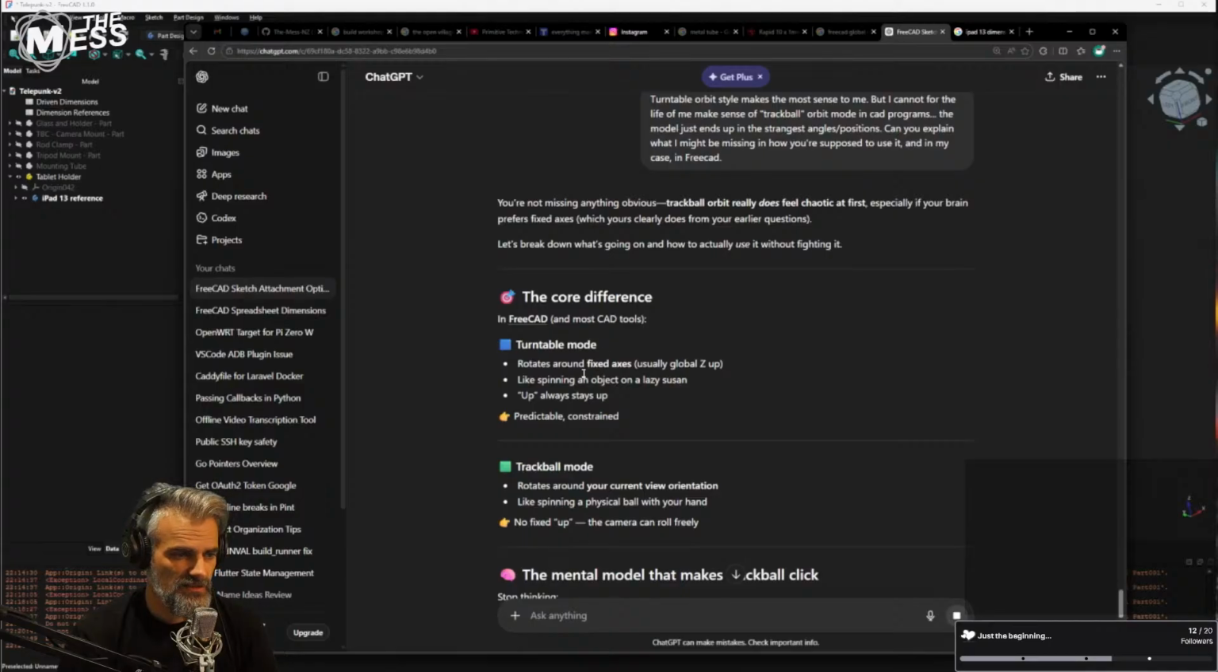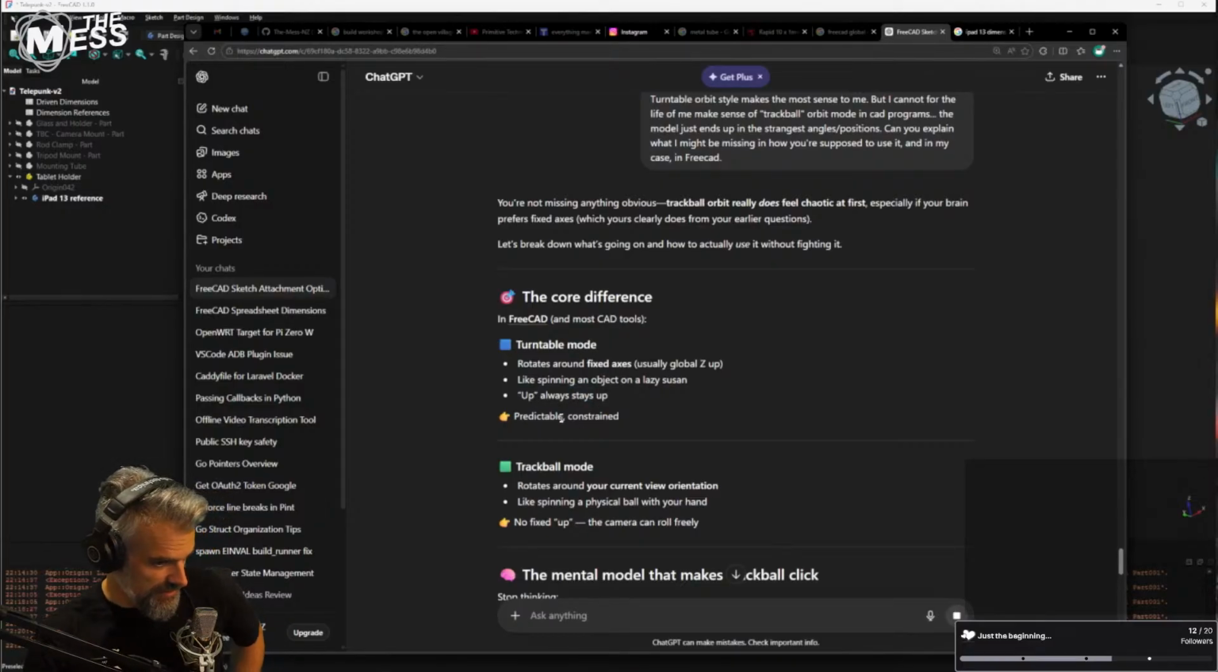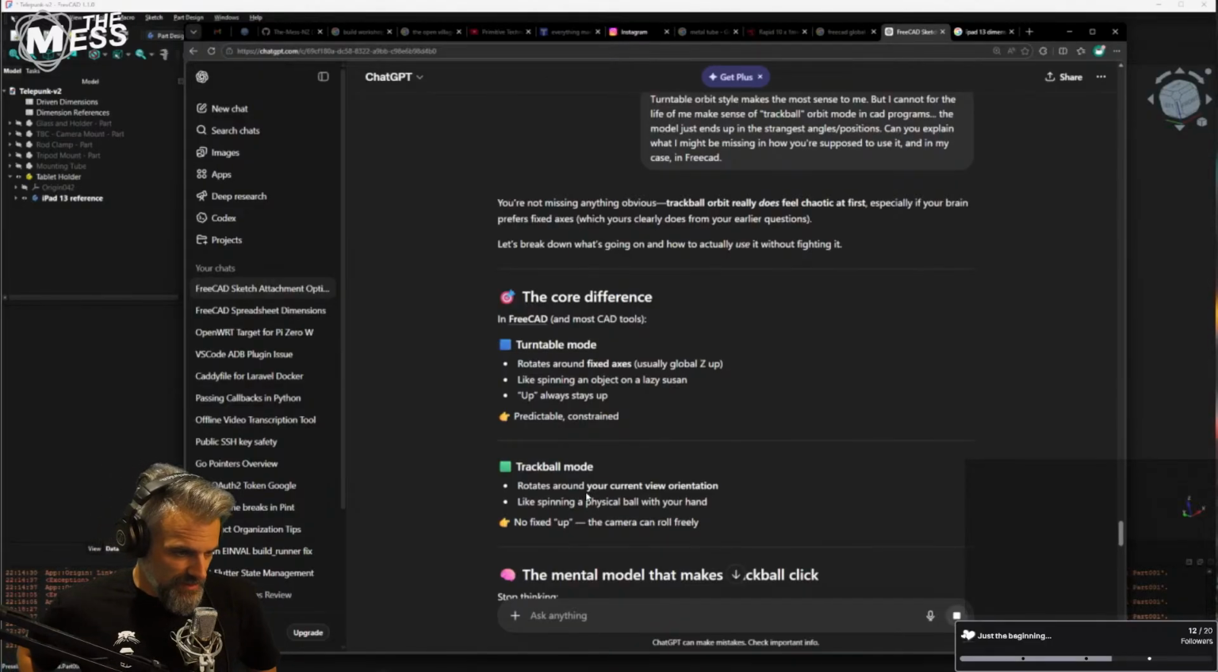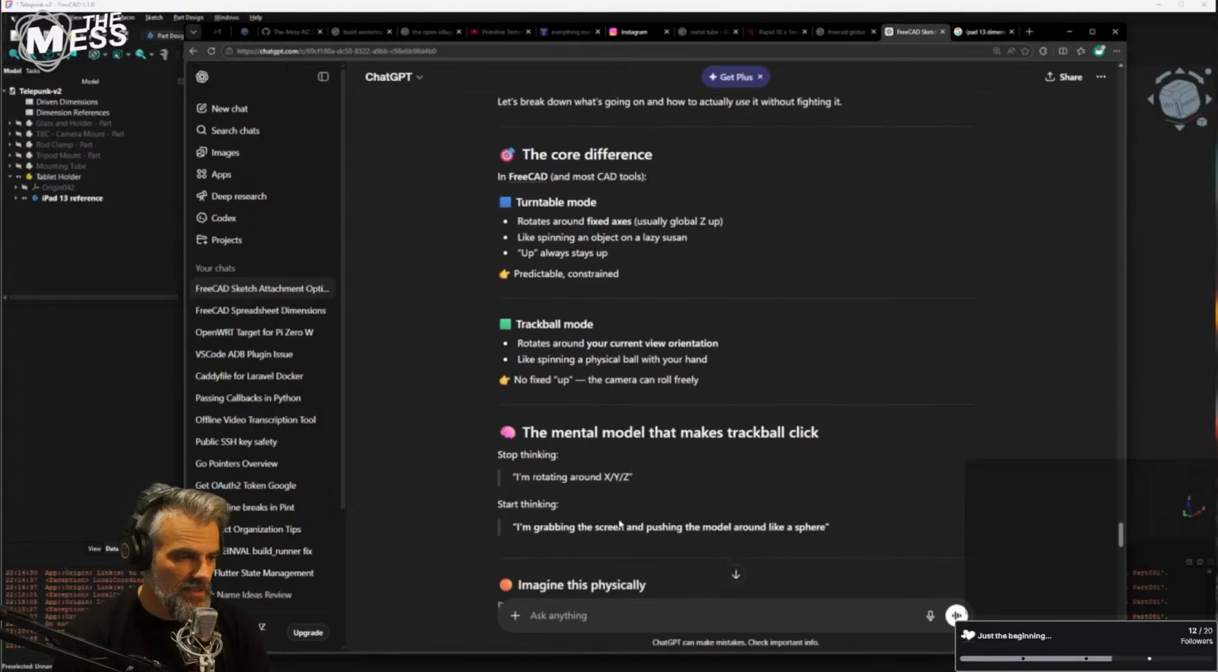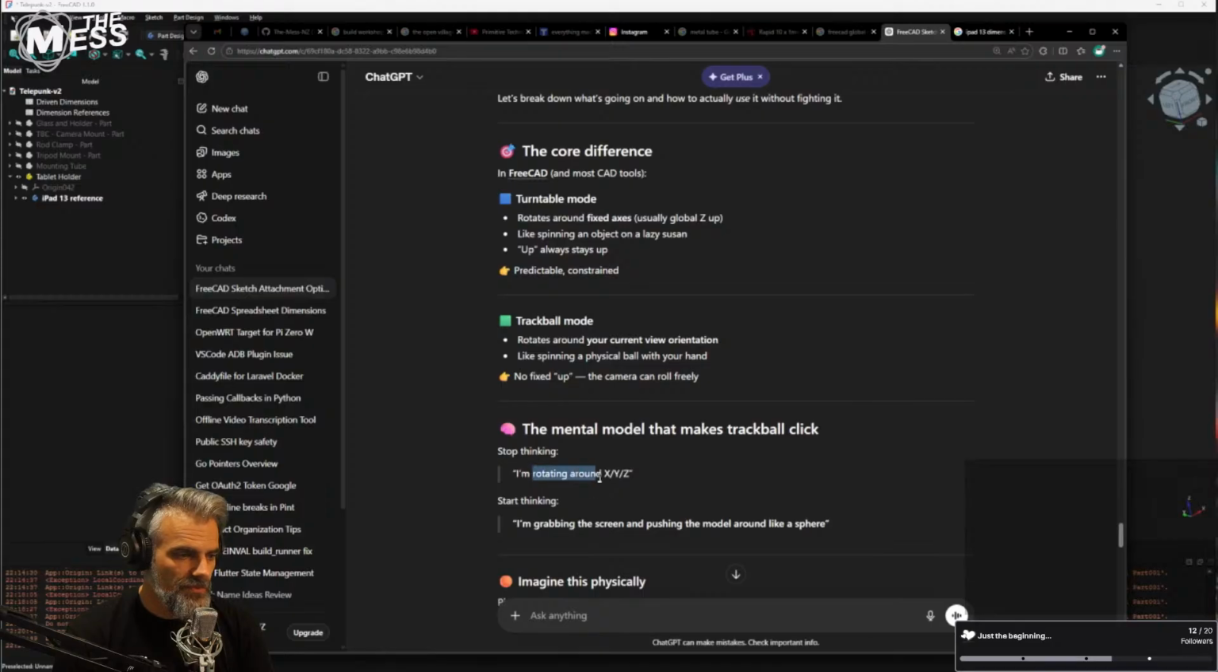Rotates around fixed axes, like spinning an object on a lazy Susan. That I can understand. My simple brain stays up, predictable and constrained. That sounds like me. No, I'm not that predictable. Trackball mode rotates around your current view orientation, like spinning a physical ball with your hand. No fixed up, the camera can roll freely. The mental model: stop thinking I'm rotating around XYZ, start thinking I'm grabbing the screen and pushing the model around